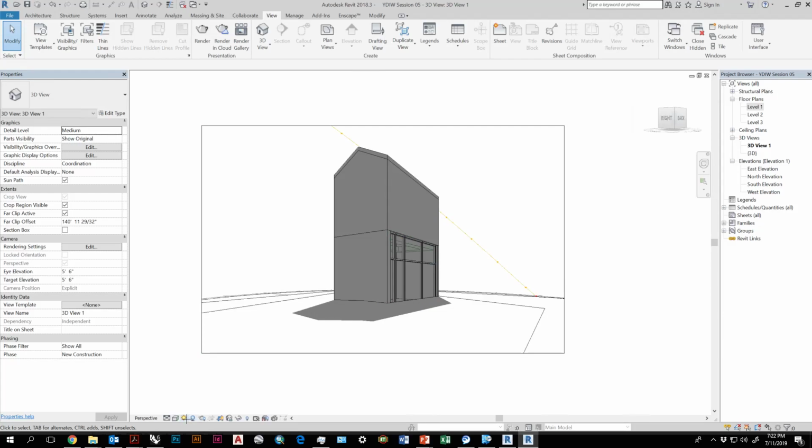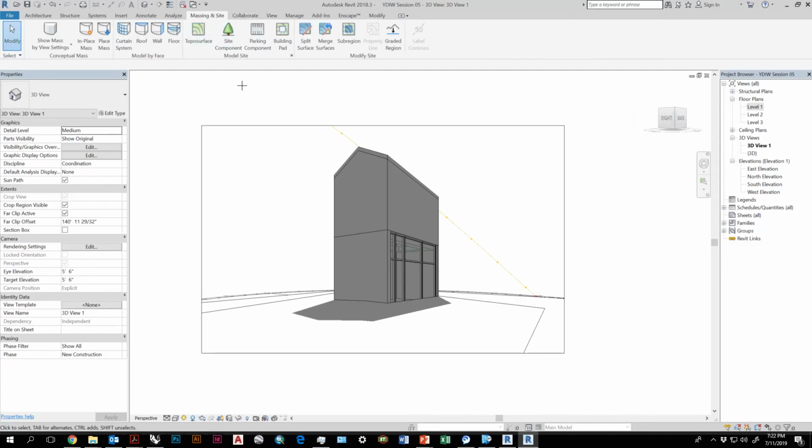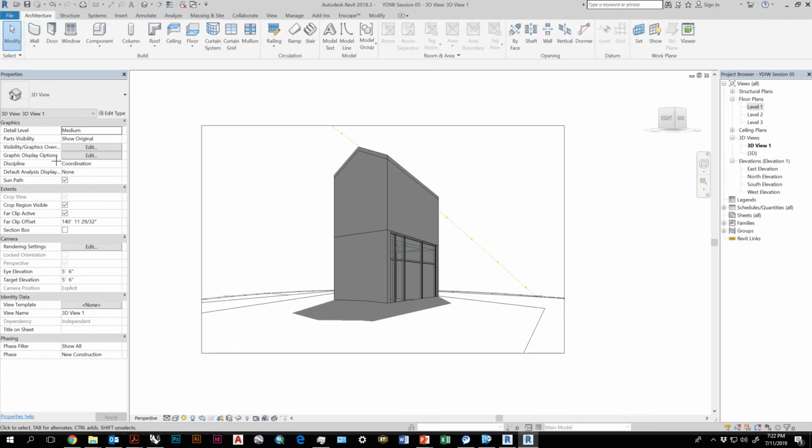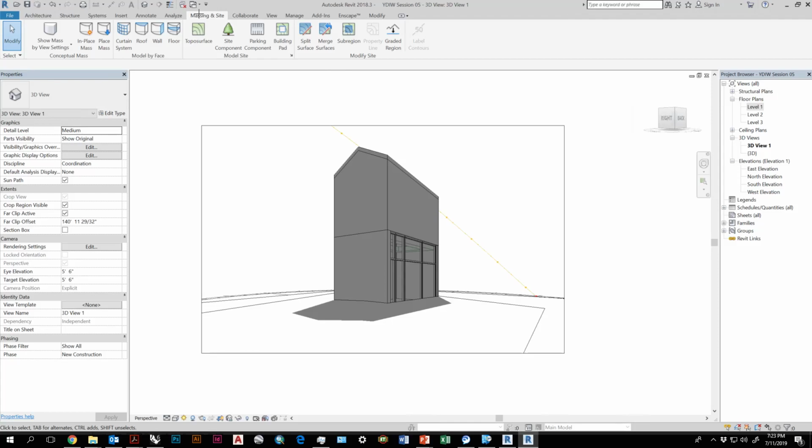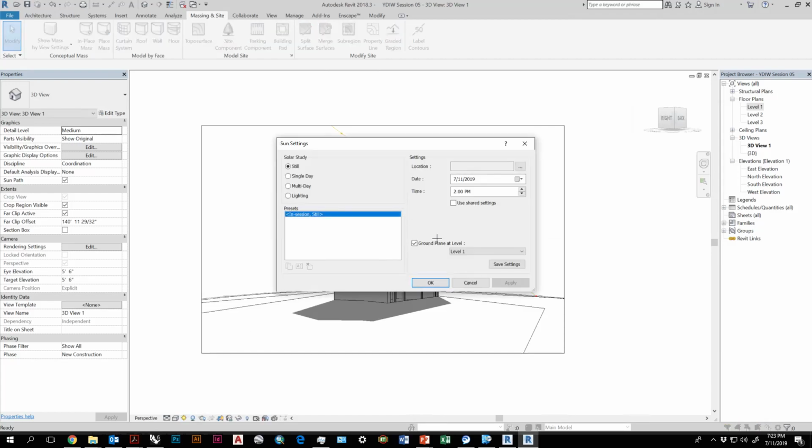And let's say you wanted to set the location. You do that by going back to masking and site, or it's not masking and site, it's sun settings, location.